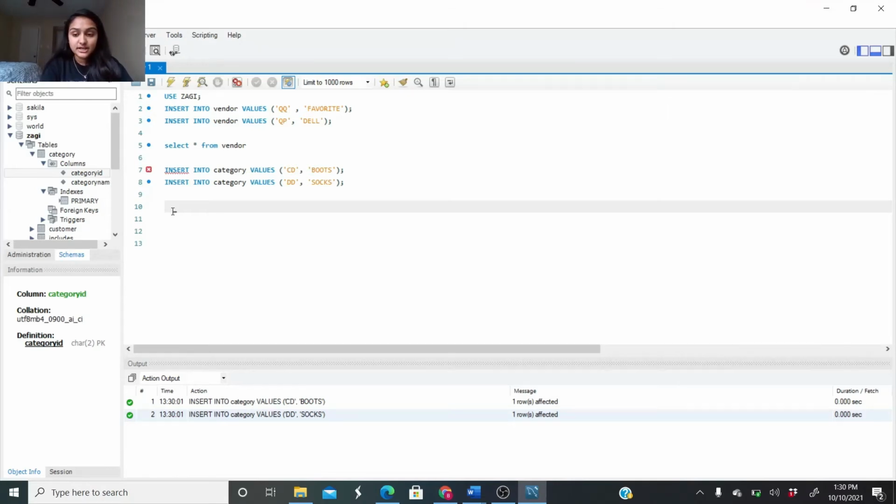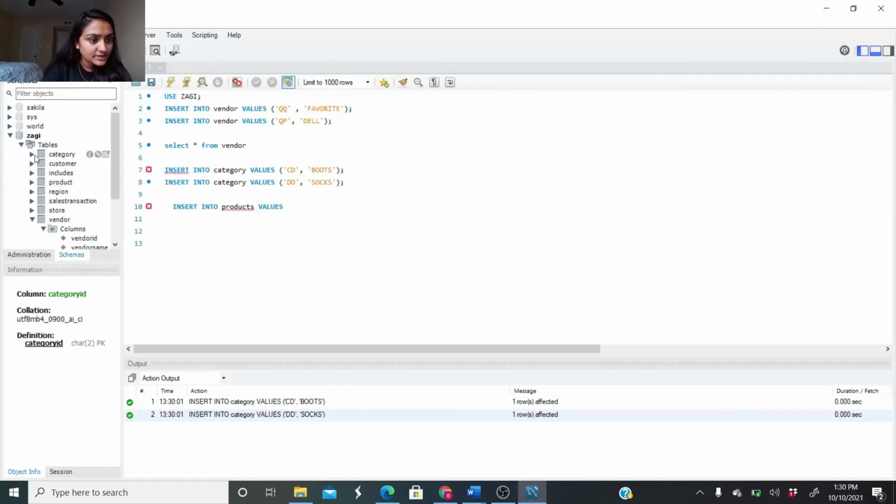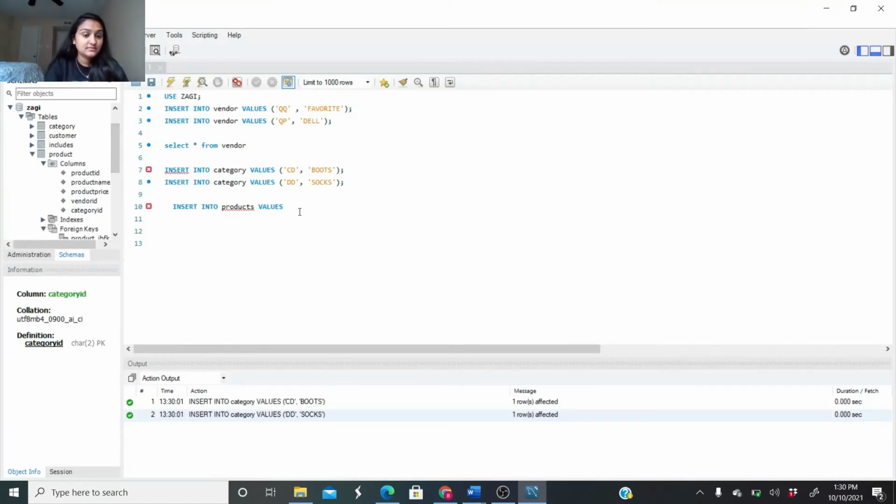into product. So if I do insert into products, insert into products, values. So where I have products right here, I have the product ID, product name, product price, and vendor ID, and a lot of things. Okay, so if I do this, so product ID, I may put like 1, okay, and comma, product name,